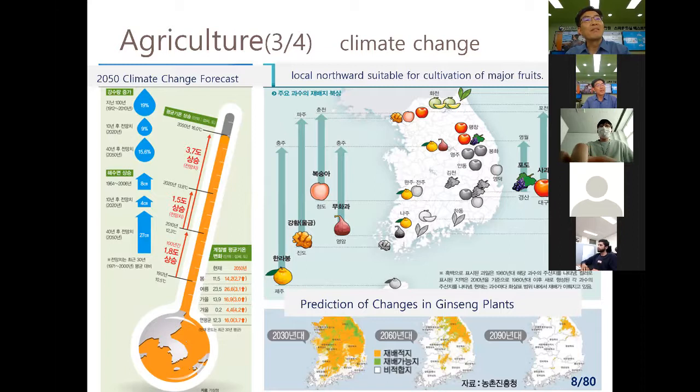In this picture, gray color represents the main origin of the fruit in the 1980s. For example, if you look at the apples, you can see that Daegu was the main producer in the 1980s, but now Pyeongchang and Pocheon, which are colored, are the main producers. So the good areas for growing fruit are gradually going up north. Maybe 50 years later, there will be no fruit that can be grown in the southern area.